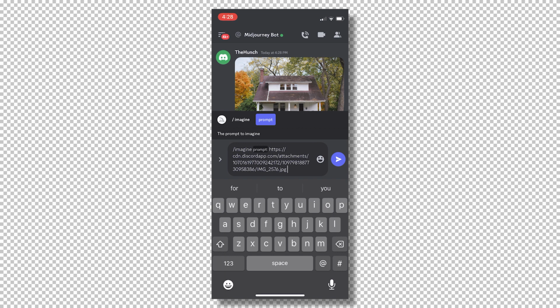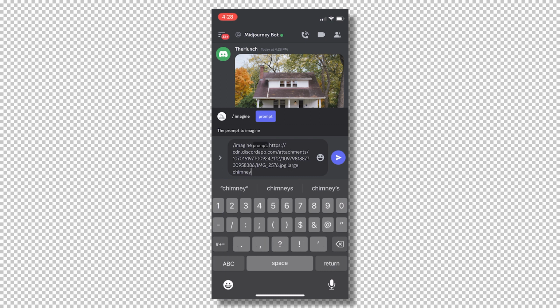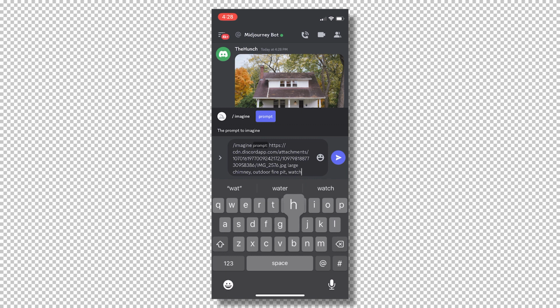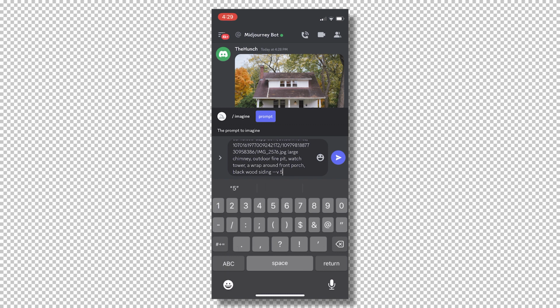So for this one, I would like a larger chimney, an outdoor fire pit, a watchtower, and a wrap around front porch with black wood siding. After you're done telling it what you want, type a space, type --v space 5, then do another space, --iw space 2, space